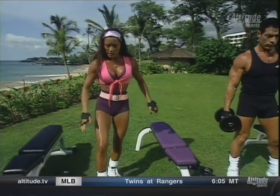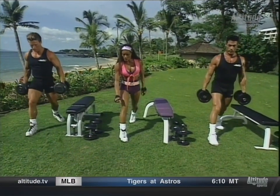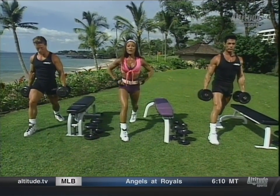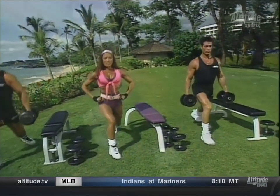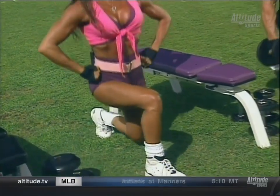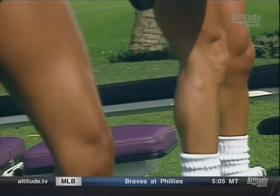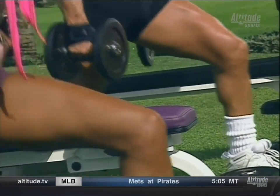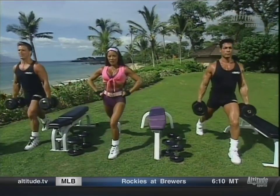Another great firming exercise for the glutes and the quads is called the lunge. Right foot forward. Notice our position, the knee directly over the ankle, lowering it down slowly for 1. Good. 2, 3, 4, 5, 6. And other leg. Notice our knee is staying directly over the ankle, down, and 1, 2, 3,